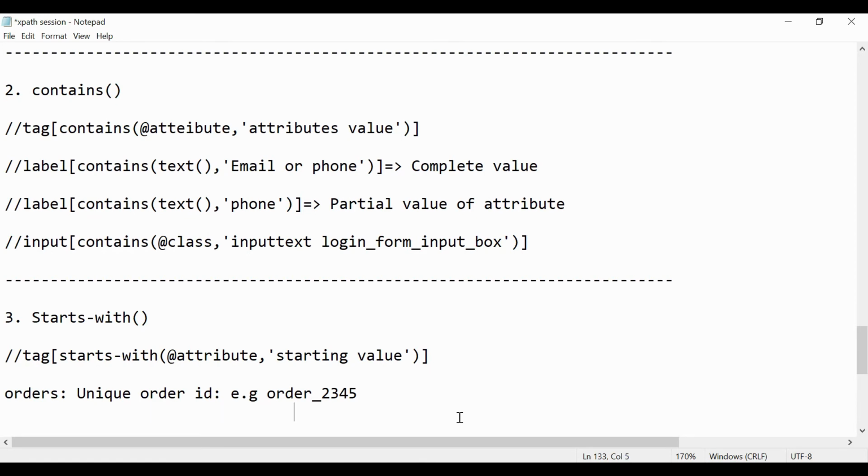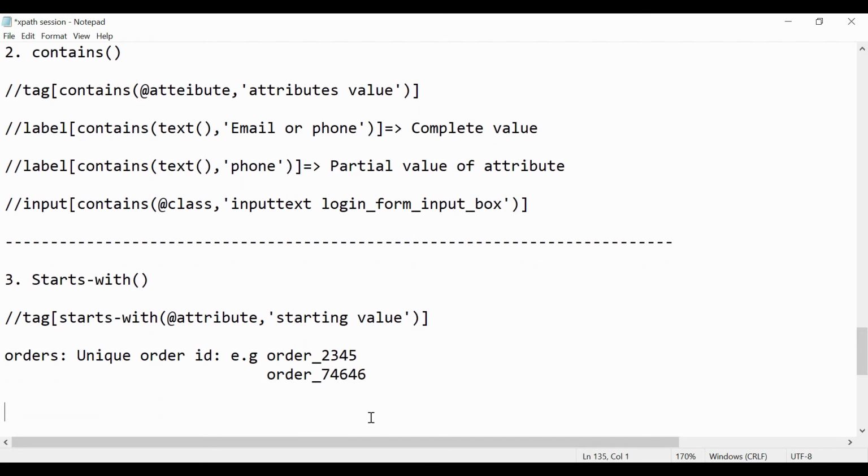As you can see, the order and slash part is the same in every order. So if you want to identify such a web element having a dynamically changing part, you can make use of the starts-with function and identify that web element uniquely. That handles this scenario.